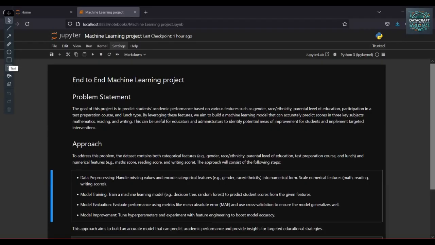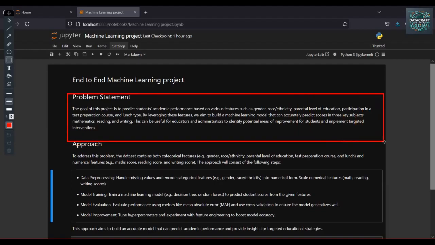So now let's try to understand the problem statement. The goal of this project is to predict the student academic performance based on various features such as gender, race, ethnicity, parental level of education, and test preparation scores.